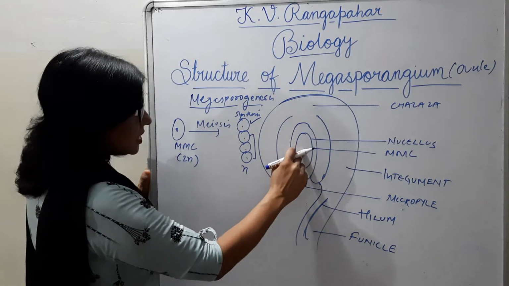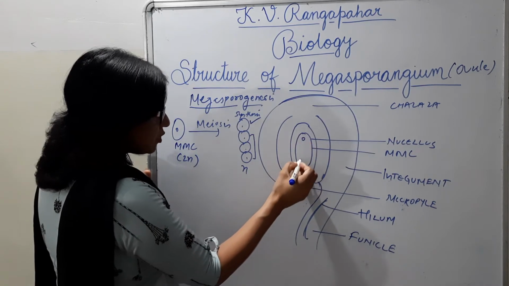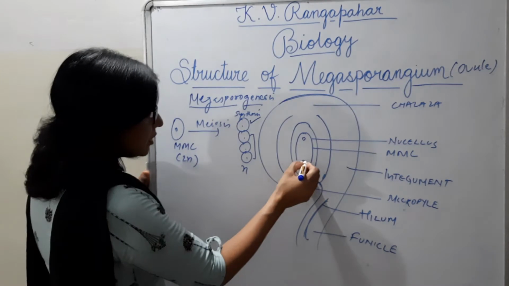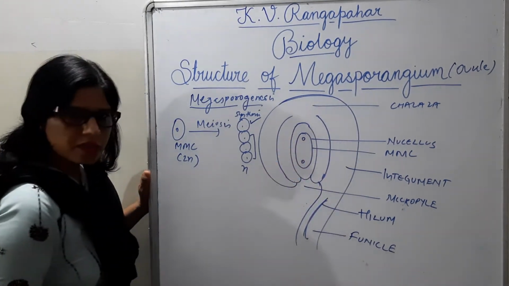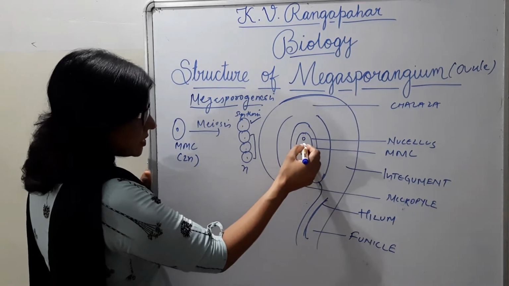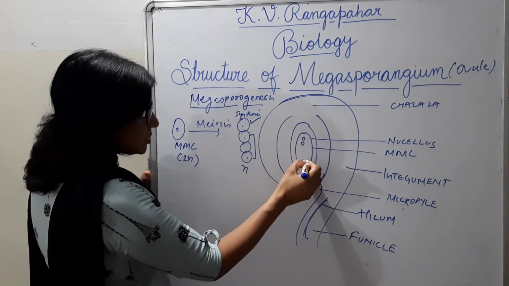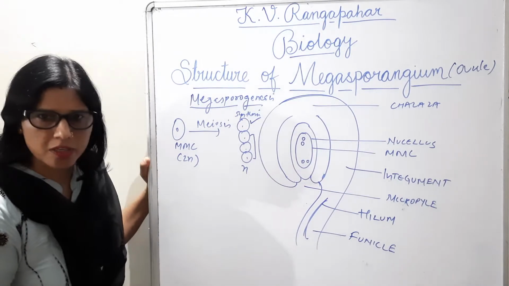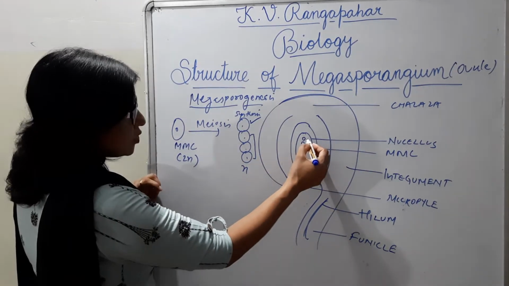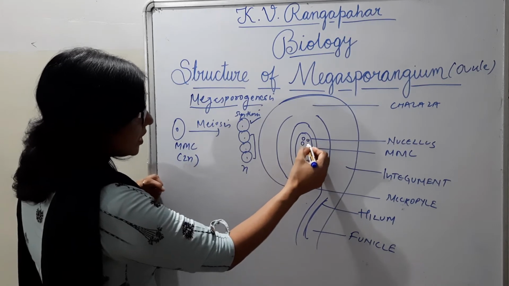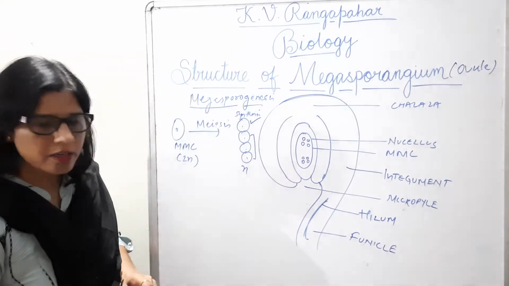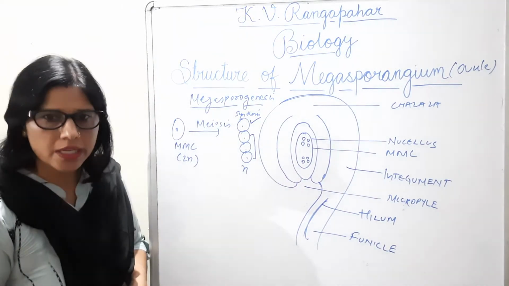After mitosis cell division, there will be formation of 2 nuclei, and both the nuclei will develop the cell wall around it. After some time, both of the cells will undergo one more mitosis division, and now there is formation of 4 haploid cells. Again it undergoes mitosis cell division, and it forms 2 more cells, and right now we are having in total 8 cells.